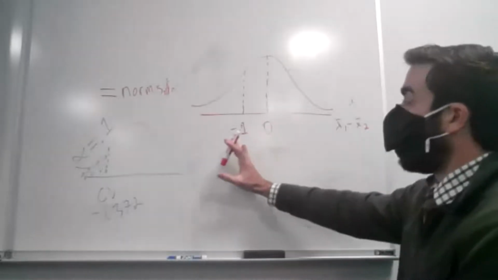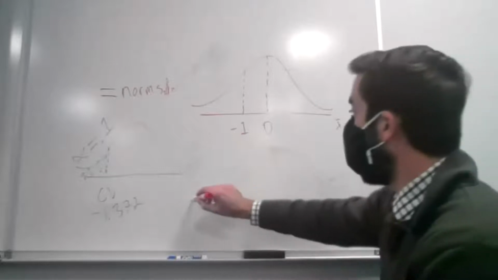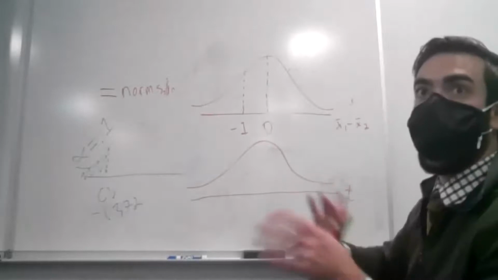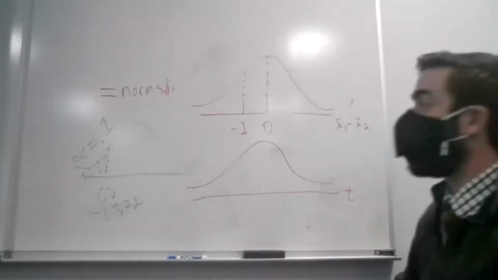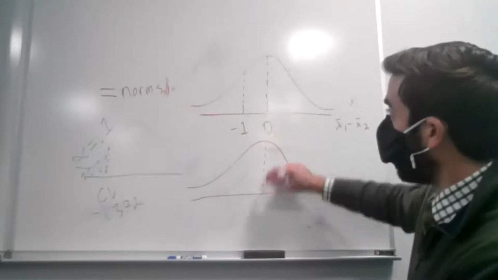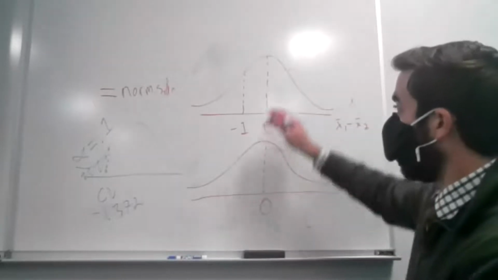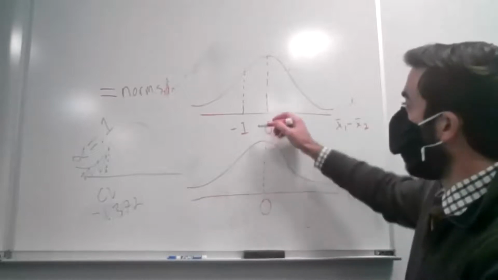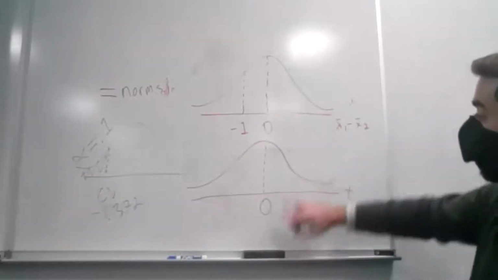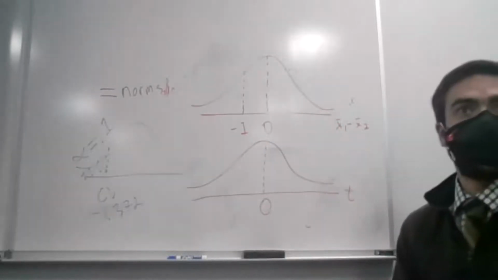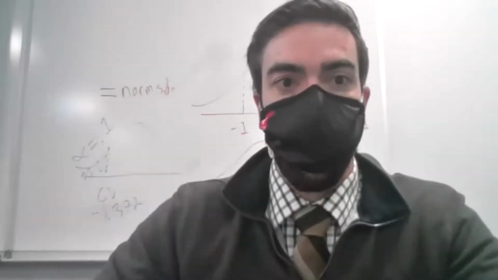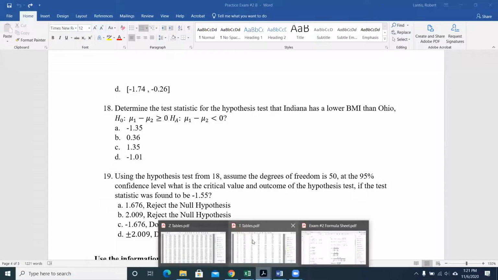Well, if I find something below that assumed true value, I know that when I turn that into either a z or a t value, it doesn't matter what kind of problem. Here we've got the student t distribution, so it's a t value. I know automatically that whatever that assumed true difference is would have a t value of 0. So if I see something below that, I know I'm going to have a negative test statistic. If I see something above it, I'm going to have a positive test statistic. And really that comes from the equation for the test statistic, or it would remind us of that, because